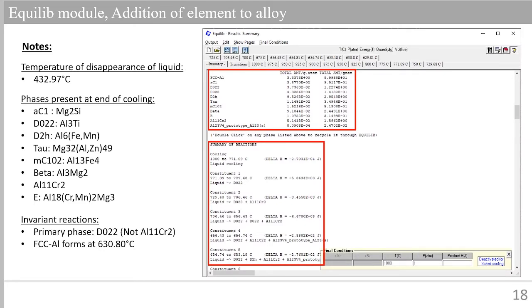Once again, we run the simulation and we arrive at the results page. Now the first thing you can see, if you scroll down to the phases present at the end of the cooling, and by the way, this is also a non-equilibrium cooling, is that there are a lot more than even the non-equilibrium cooling without the vanadium impurity. We have here a total of more than 10 phases, but beyond that, the temperature of the disappearance of liquid hasn't changed compared to the